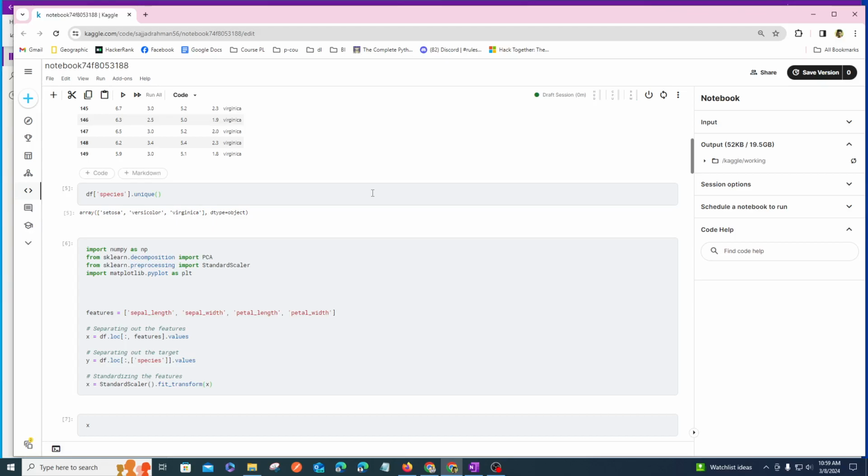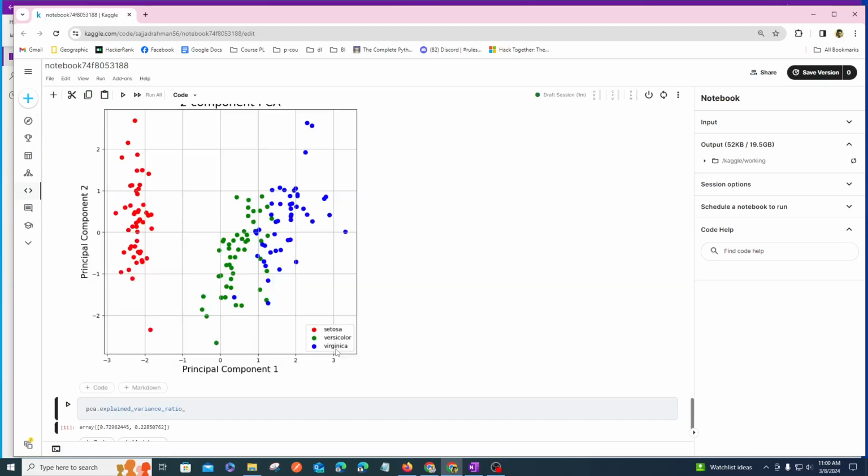And here, if we want to see the final dataset, what it looks like. Okay, so here you can see that this is principal component 1 and PC2. So what we have to select, if we want to select PC1 and PC2, is based on which one has the majority of the variance. If we draw the line here, we can see